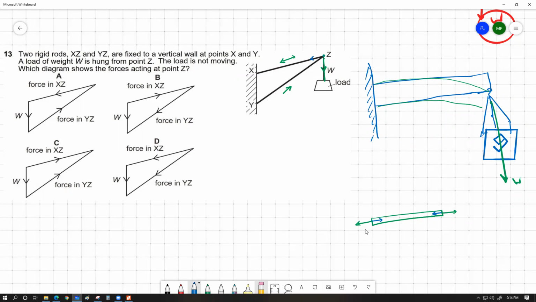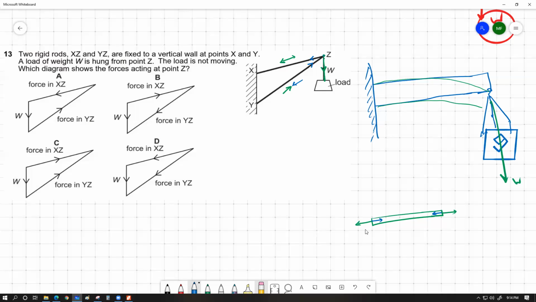Or I can put it in another way, that the W load is causing the Z point to go further away. So the XZ rod is going to pull it from the Z towards left. It's going to try to pull it closer. In the same way, YZ is going to try to push it outwards because this was under the state of a compression. So এখন তুমি খুব ইজিলি ফোর্সগুলো নিয়ে কাজ করতে পারবা।